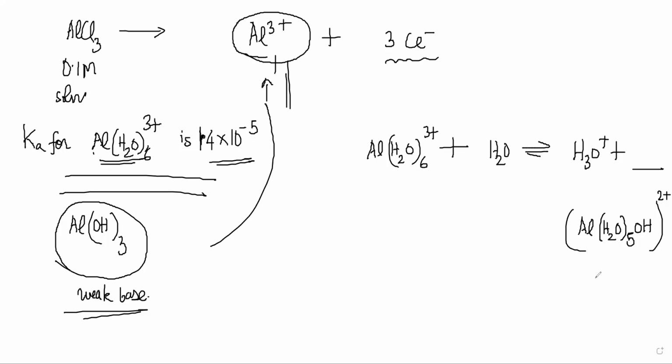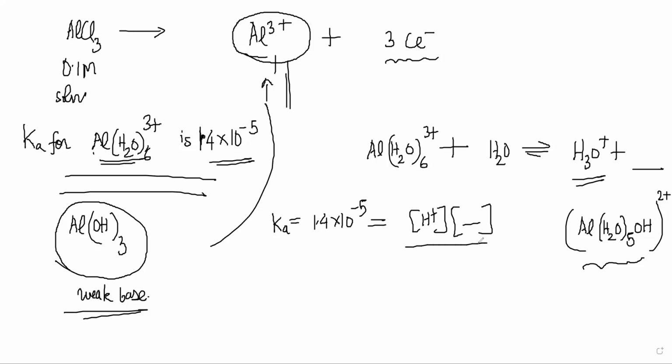One of the waters will lose a proton. And I don't care about what this structure is. I only care about this. So the Ka for this is given. That is equal to 1.4 into 10 power minus 5, equal to basically H plus times whatever this structure is divided by the Al(H2O)6 concentration,